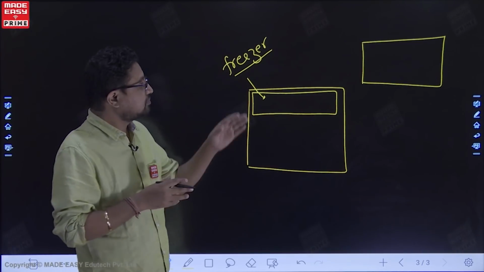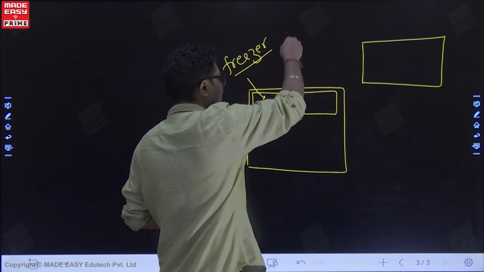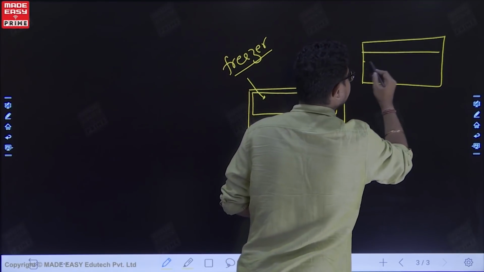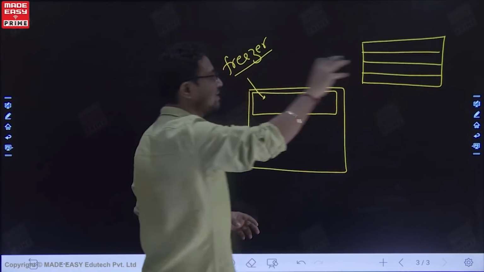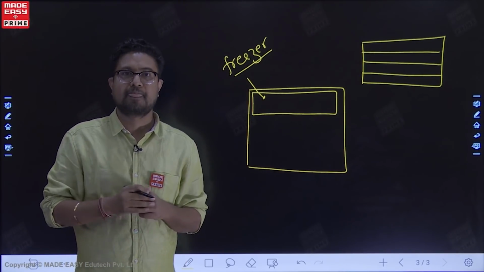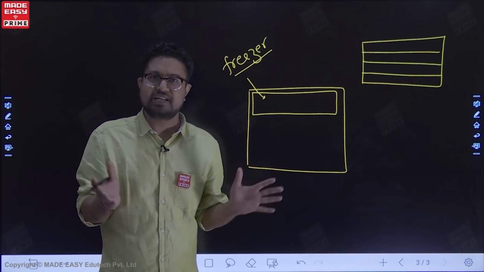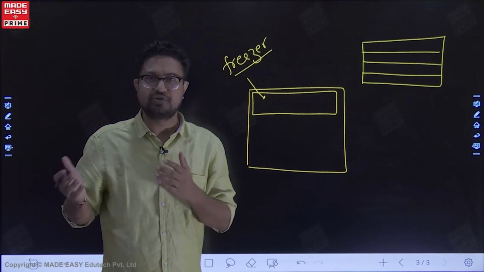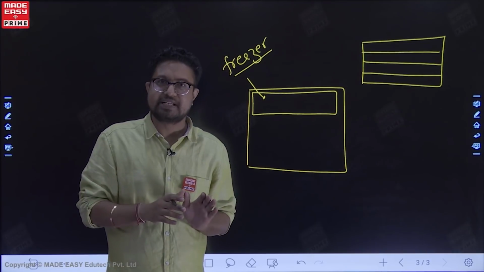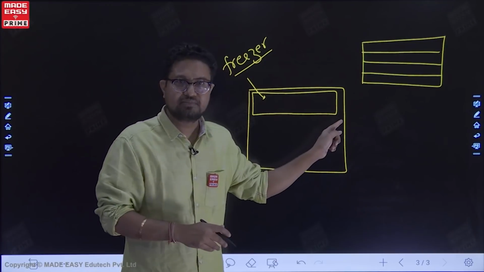Now, suppose I am observing from the top, so we have the top view of this plate. There are grooves in it. We have grooves made in it through which the refrigerant flows. So the flow of the refrigerant in the normal conventional design, conventional meaning the old way of using the refrigerator, is that the refrigerant flows through the freezer section only.